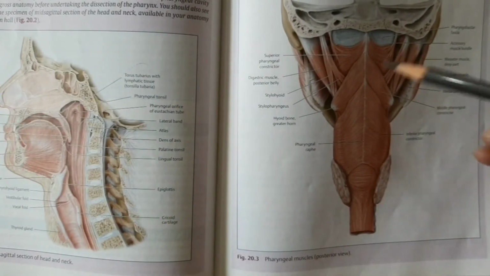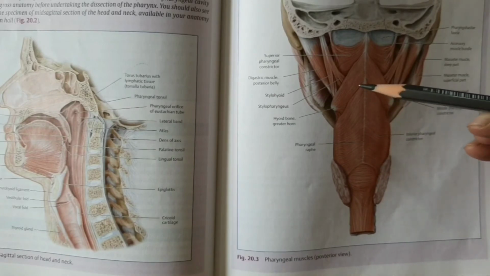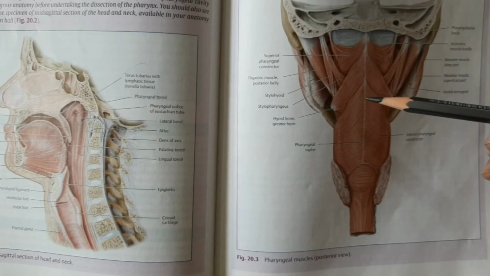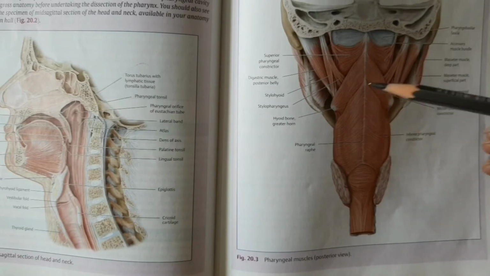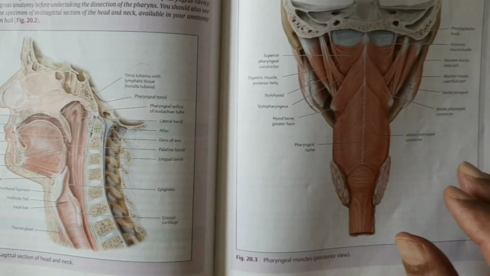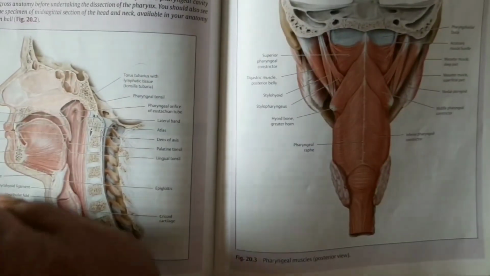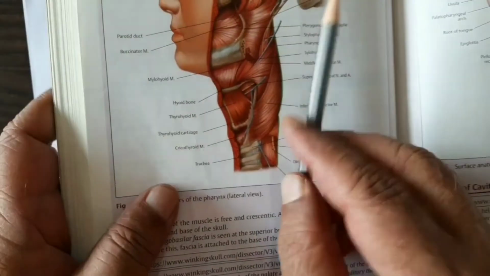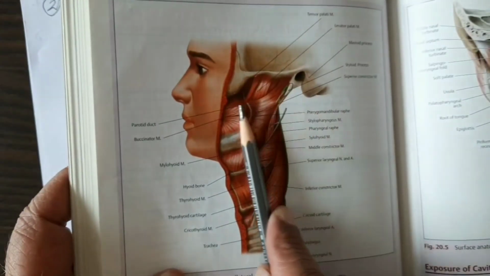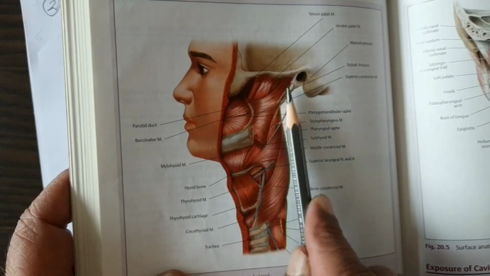This covers the outer surface of the constrictor muscles of the pharynx and extends forwards across the pterygomandibular raphe, and laterally this fascia will extend up to the pterygomandibular raphe, which I have shown you in this diagram. After covering all these muscles, the buccopharyngeal fascia will extend anteriorly.